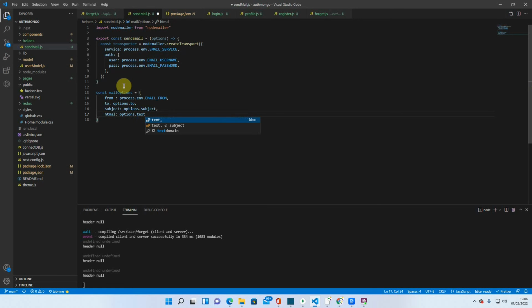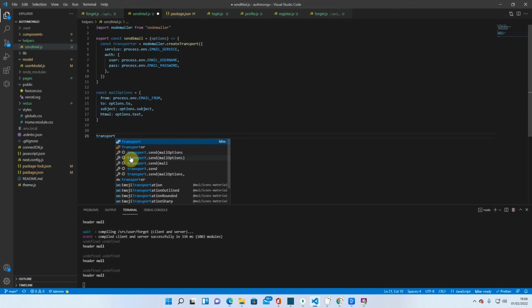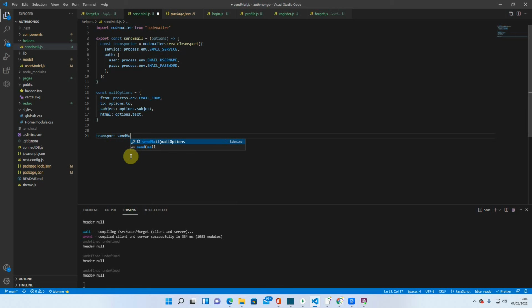Options.txt. Save. And then it's going to be transport.sendMail, transporter.sendMail, and then that's going to be mailOptions, and then that's going to be a function,